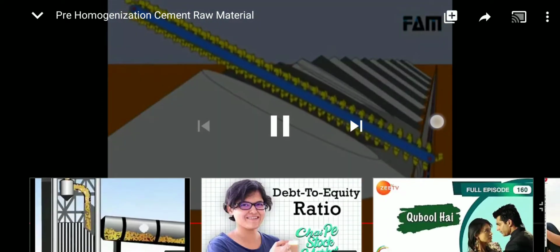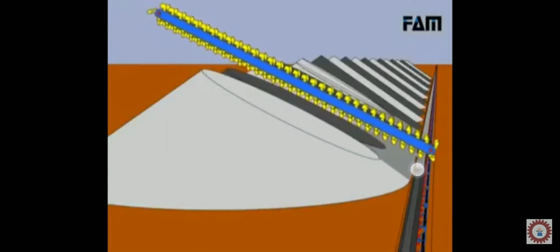See how the material is being transported here. You can see here, this is a belt conveyor again.